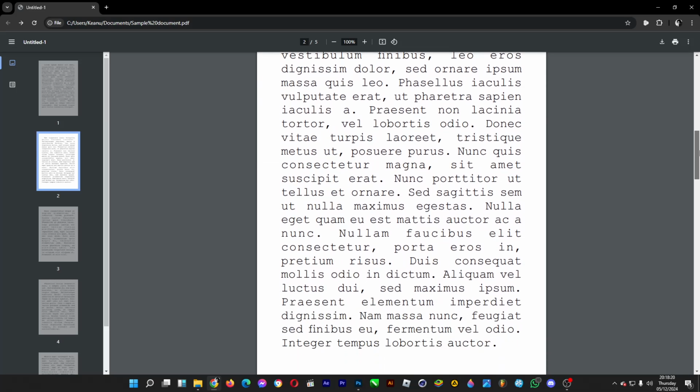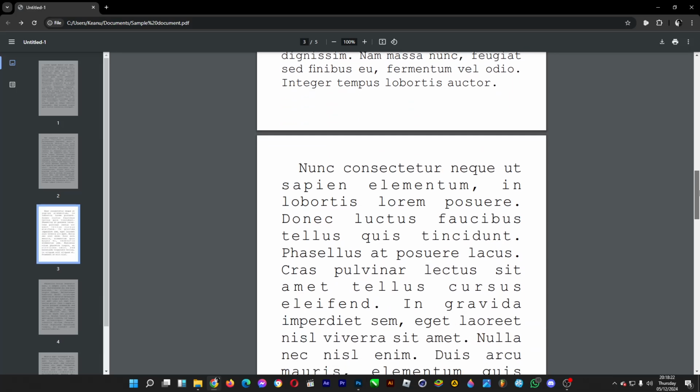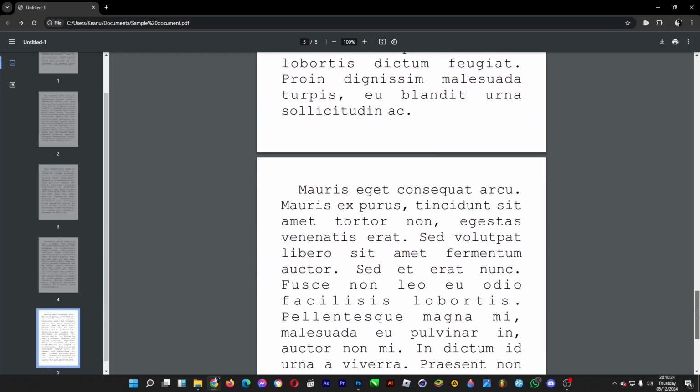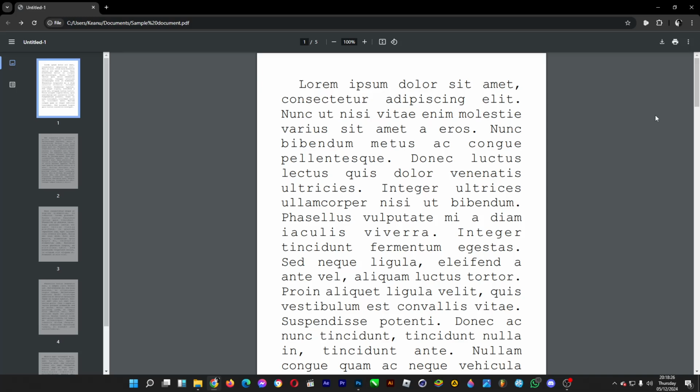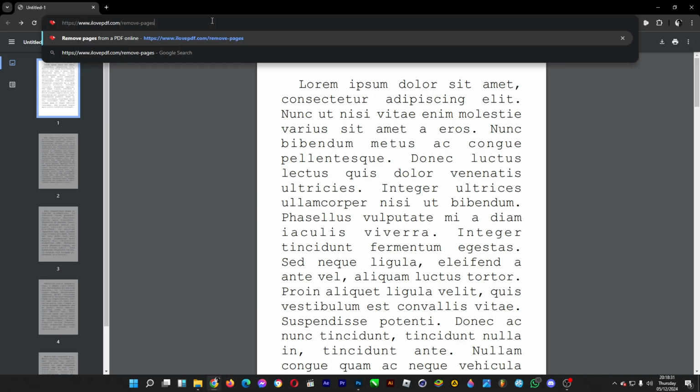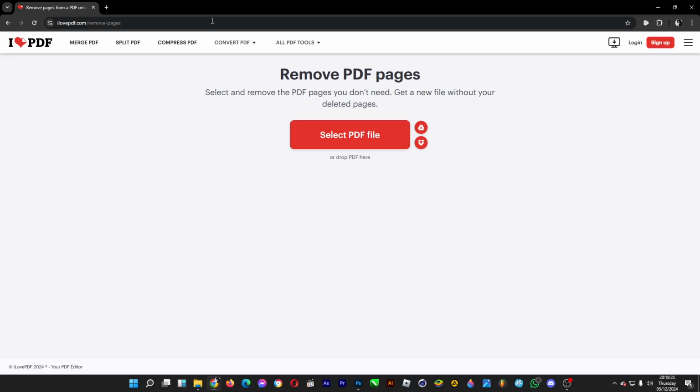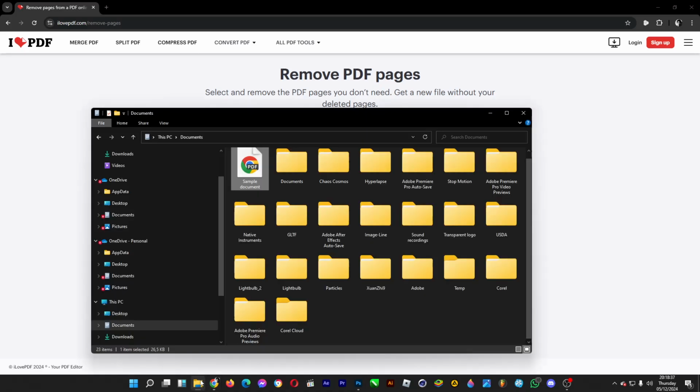For example, this sample PDF document filled with random text, just like this. So to remove the pages from this PDF, go to ilovepdf.com/remove-pages and then hit enter, and then select the PDF file that you want the pages to be removed, which